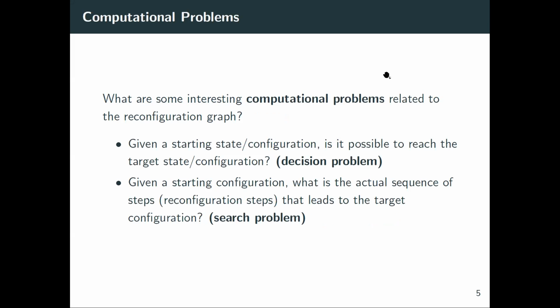Now, on the algorithmic side or the computational side, there's the obvious question of, if I'm given a starting state and some ending state or target state, like in the case of the puzzle game, I'm given some starting state and we know what the goal state is. So here, one decision problem would be to answer the question whether it's possible to get to the target state starting from some initial state that is also given to me. So you could decide to solve this problem either as a decision problem or as a search problem, which would give you the actual sequence of steps that will take you from a state to the target state.